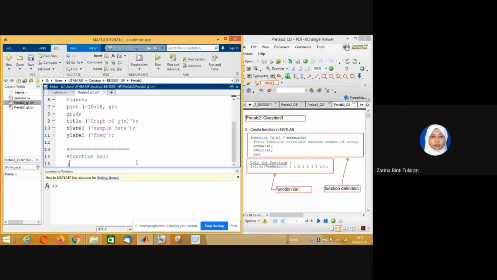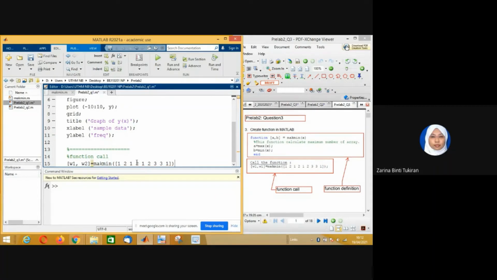So the max value will be returned to W1, the min value will be returned to W2. And where do I get this value? From the markmin function. The X value is maybe 1, 2, 1, 2, 1, 2, 3, 3, 1, the array of